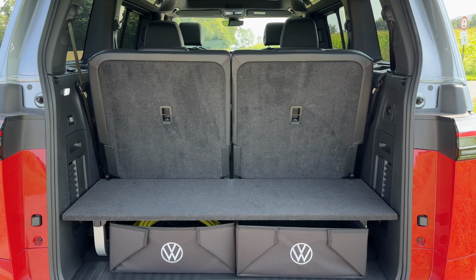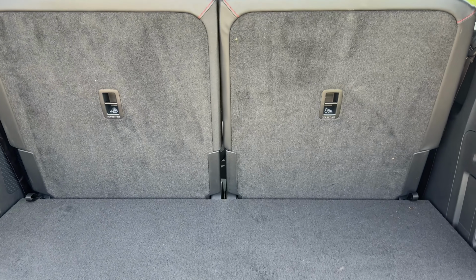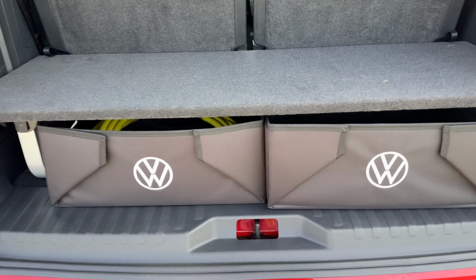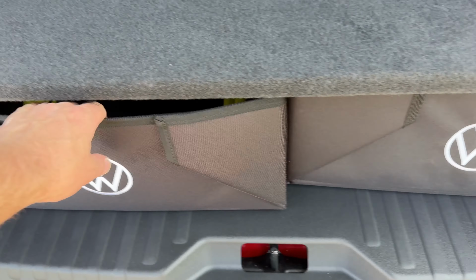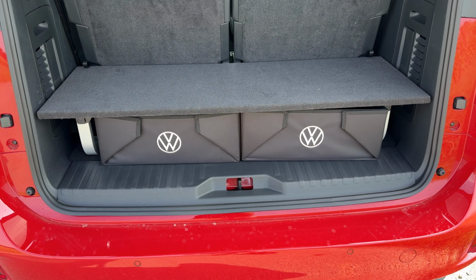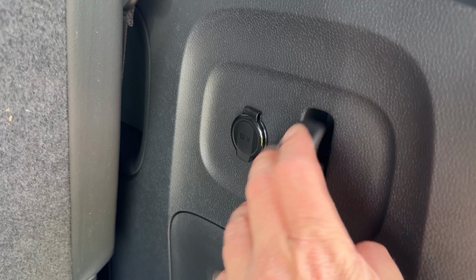Electric tailgate, as you would expect. Just like the other version in this lineup, it's got lots and lots of space. And yes, you can put things on that shelf for your luggage, and there's actually little drawers underneath, so you can put your safety vests or whatever it may be, and you can put your charge cables, or you could pull that out and just have a big boot if you don't like the drawer situation. There's also good stuff like a shopping bag hook and a 12-volt port,